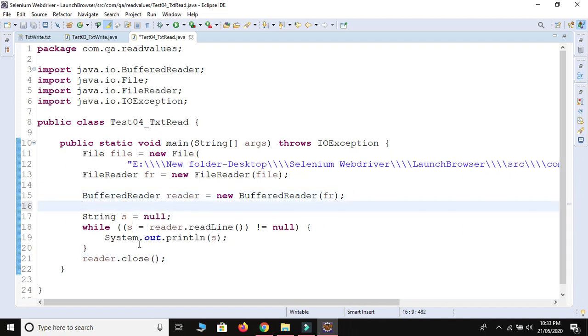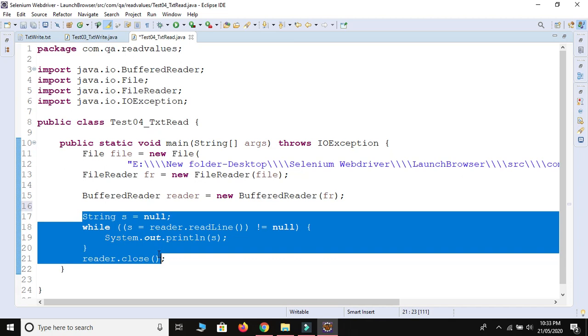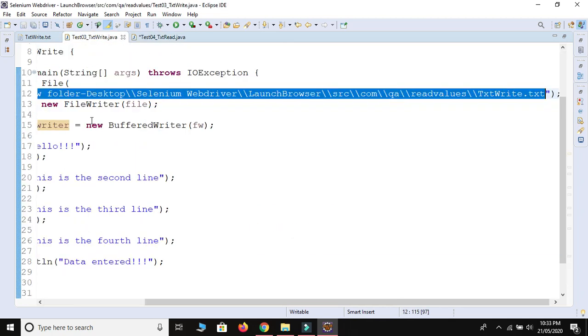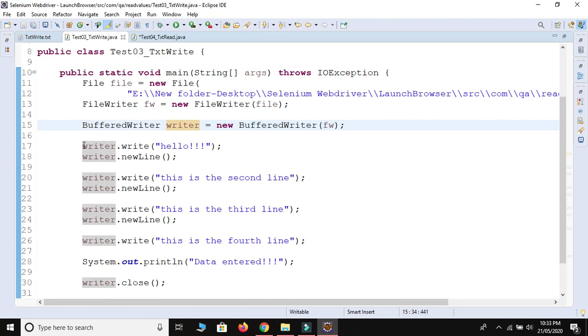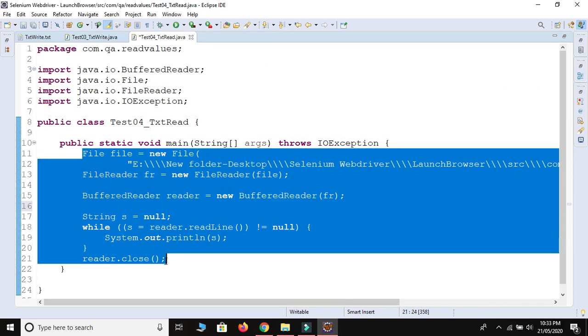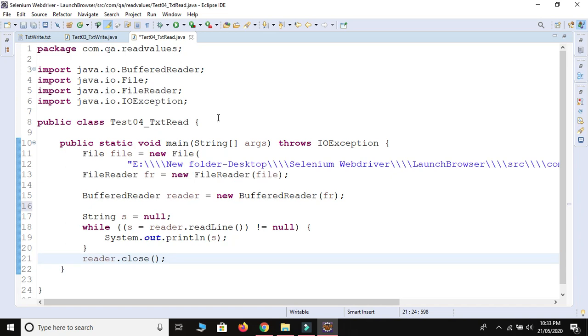I think this is the standard code format. We need to follow this one. So this is the technique to write some data into a txt file, and this is the code. This is the second technique to read the data from the txt file.